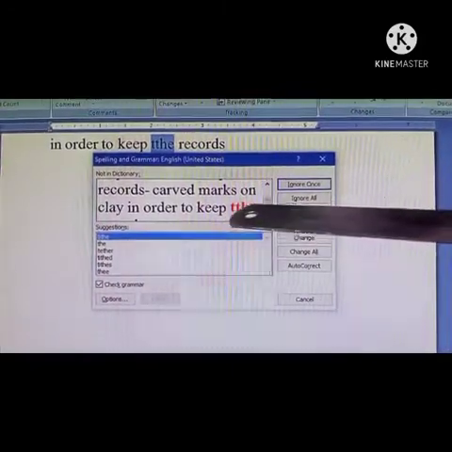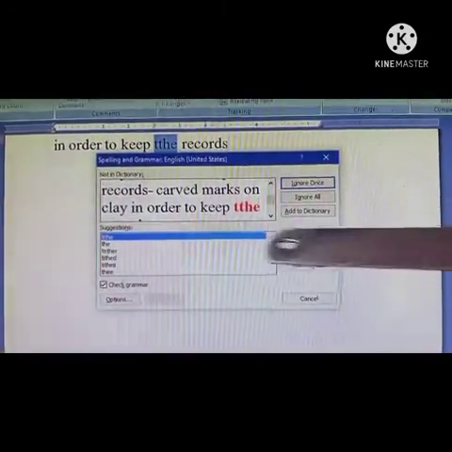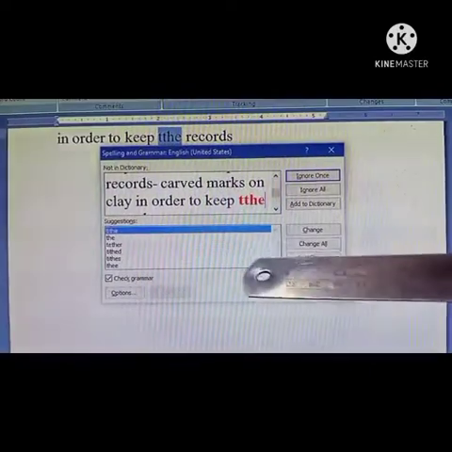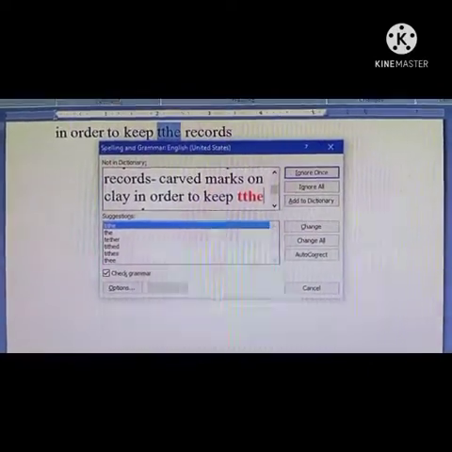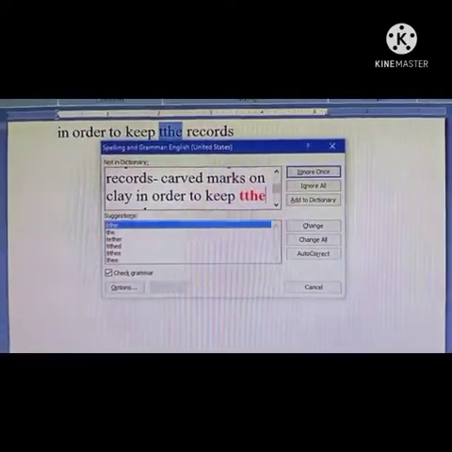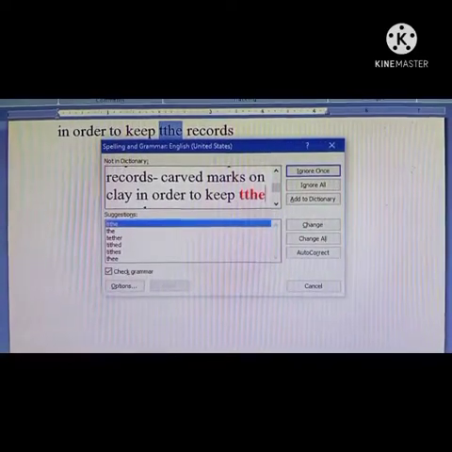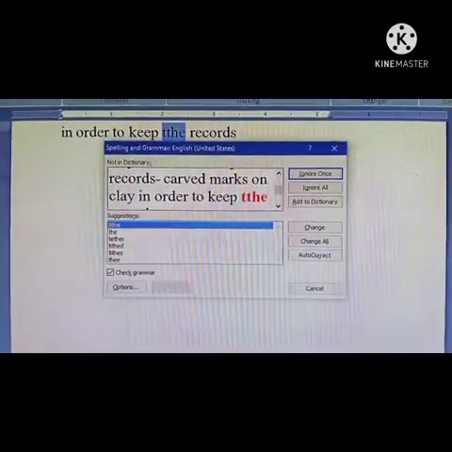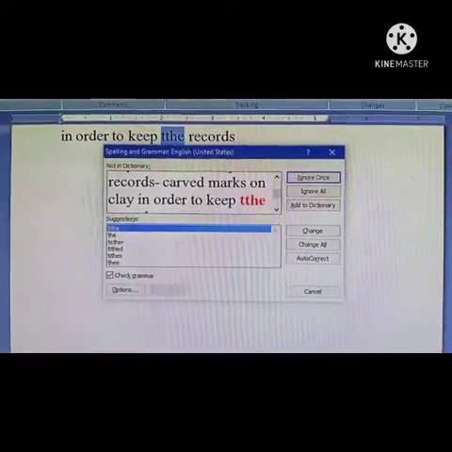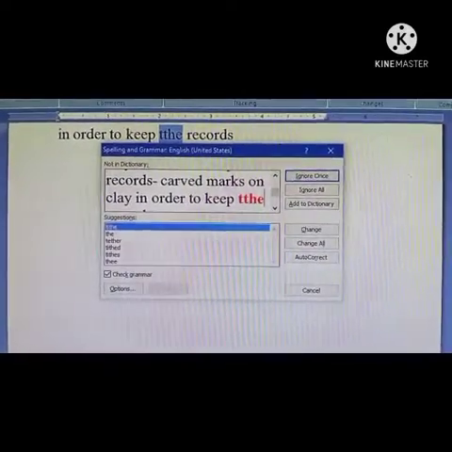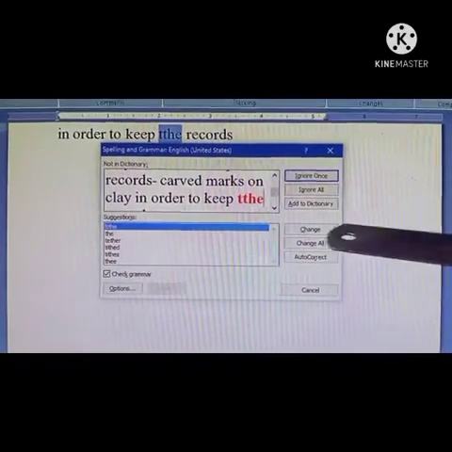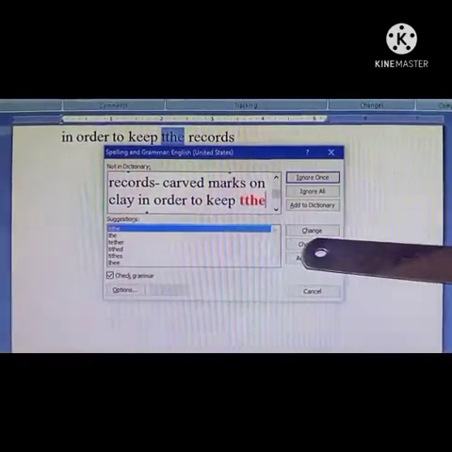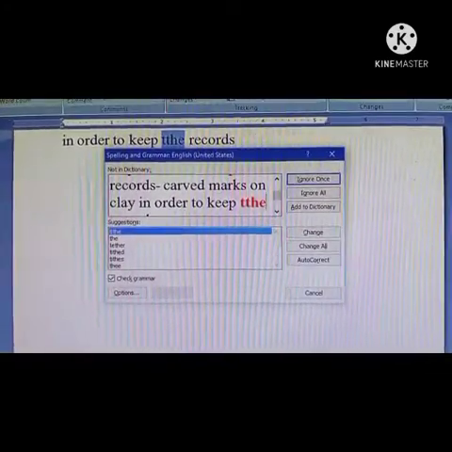This is your spelling mistake, children. And here suggestions are also given to correct the error. So we have to click on the suggestion which we want to use for correcting the error. And then after that, click the change button to replace the wrong word. Here is the change button. We have to click on the change button.